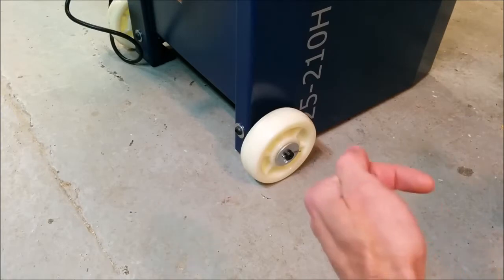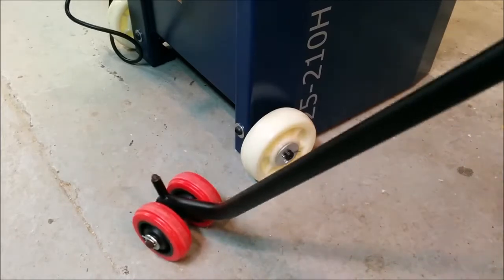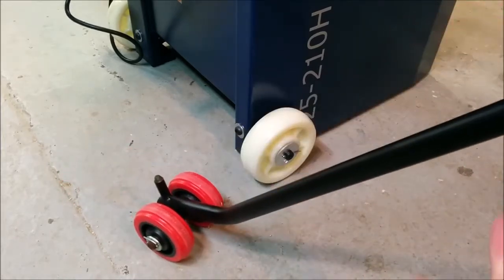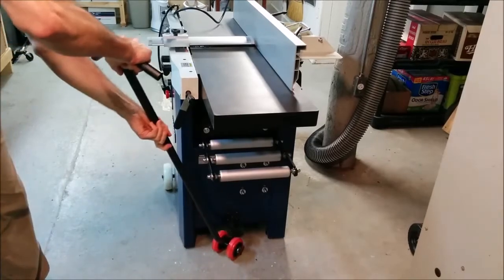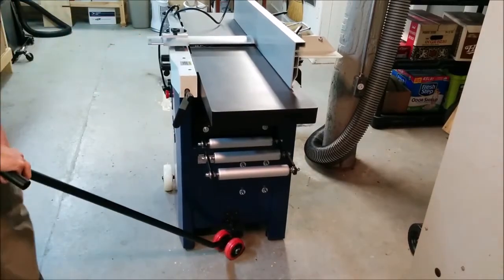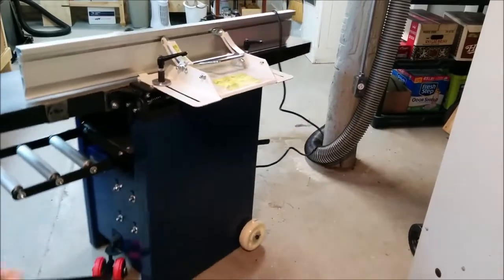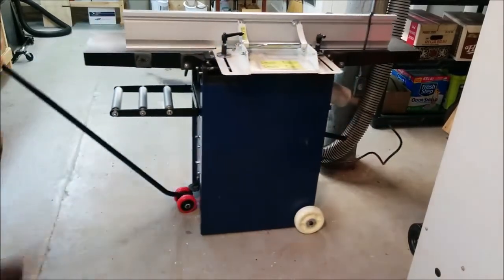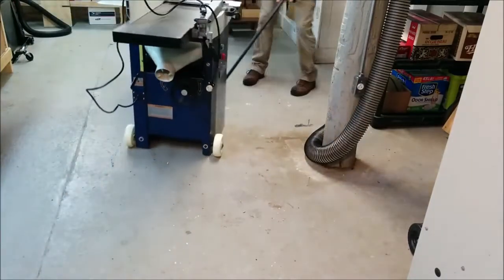Here are the two fixed wheels that you get with the mobility kit. Basically the axle inserts through the side of the cabinet, it gets bolted on, and then the wheels just slip onto the axle. On the other side there is a pickup point for this T-bar here. And here's a clip of me moving the machine around. It works just fine. It feels very sturdy, and it's nice being able to pull the machine around with a T-handle that's up by your belly,